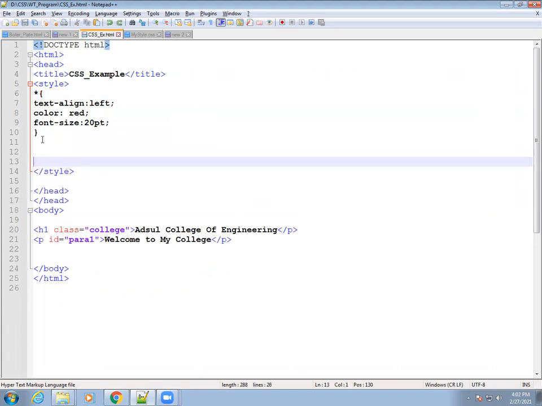Save this file and let's see what we get, because there is no need to mention that part. For the other content, we already gave color and text alignment also. I will change this left to center, because we want the college name in the middle. So we change the text alignment to center, and I will change the font size also. We'll give the pixel not 20, but 40. Okay, let's save this file first and see what happens.